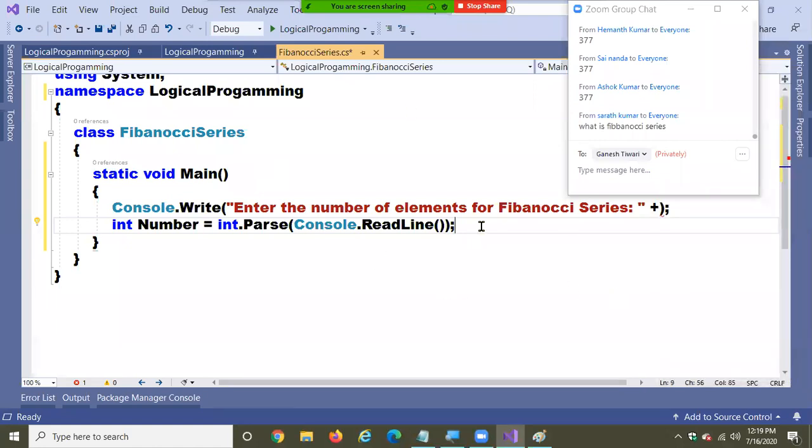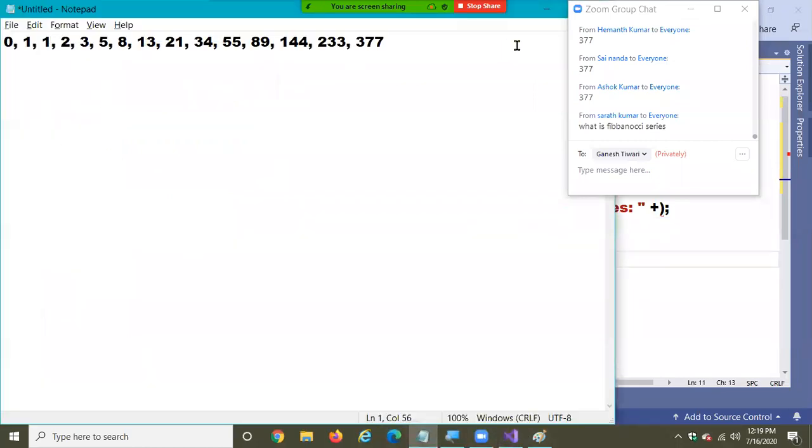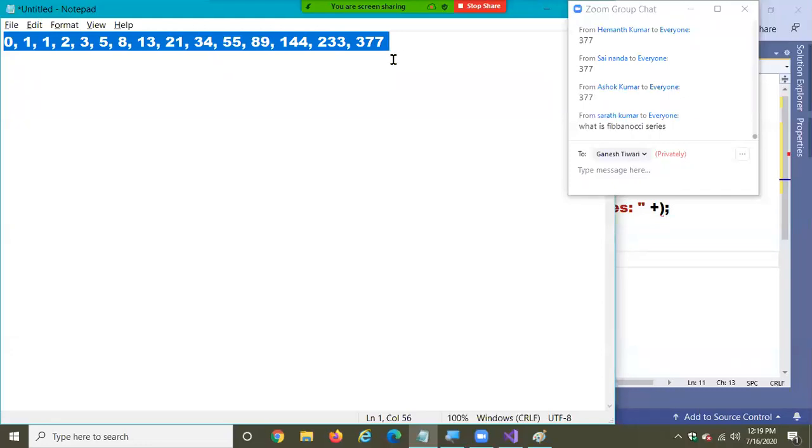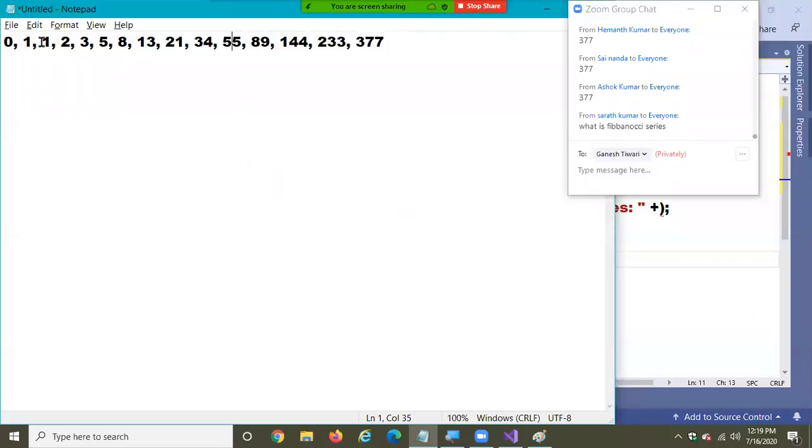Okay, so fine. Just now I explained what a Fibonacci series is, and now you suddenly ask me what a Fibonacci series is. The third number will be the sum of the previous two numbers. Every number will be the sum of the previous two numbers.